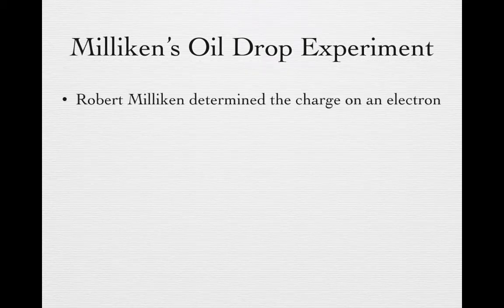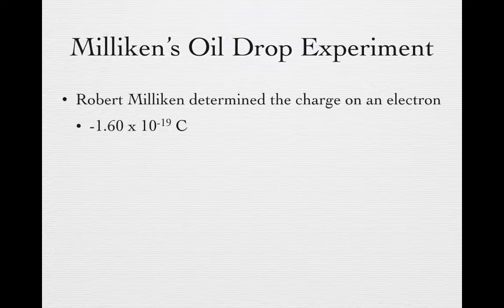Now, sometime later, Robert Millikan wanted to determine the actual amount of charge on the electron. We had a rough idea of the mass, and so we wanted to determine the charge, and it turns out to have a very small amount of charge. We see it is in fact a negative charge, so we have that negative sign there, but it's 1.6 times 10 to the minus 19 coulombs, and we'll focus more on the coulombs when we do electrochemistry in the second